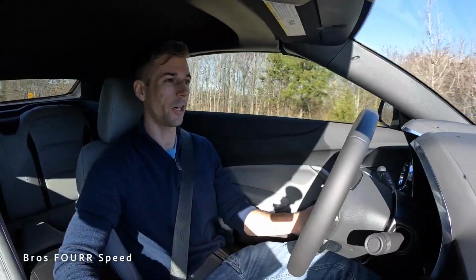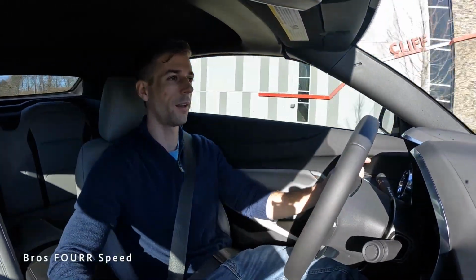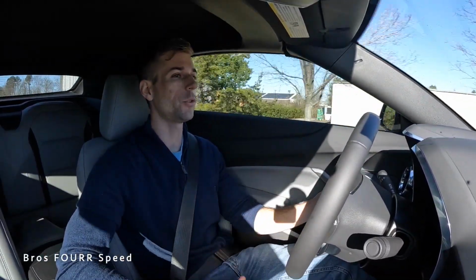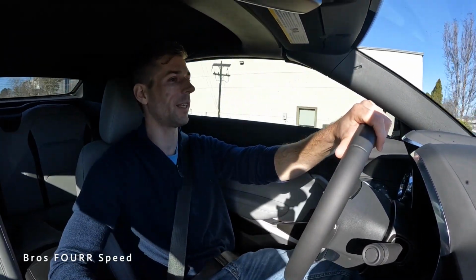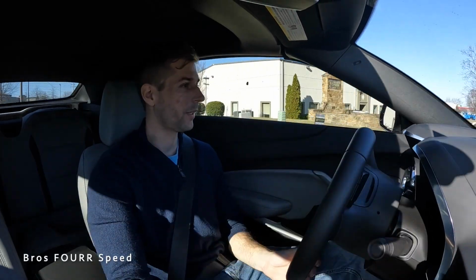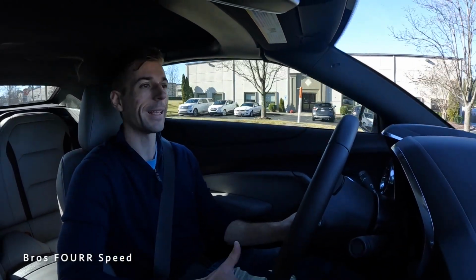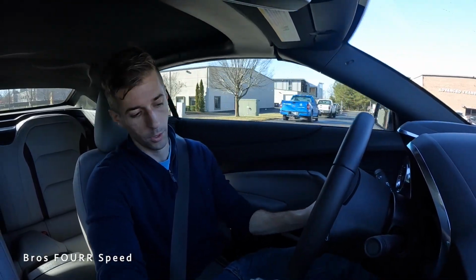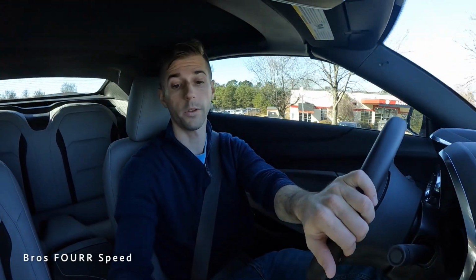You can hear that turbo a little bit too. So it definitely has a good feel to it. This would be very, very easy to daily drive if you are a 3 pedals kind of person. It's easy to rev match for the downshifts if you need to. Pedal box is pretty nice. I have a size 10 shoe and I don't have any issues with gas, brake, or the clutch there, of